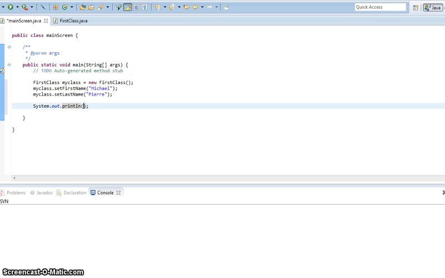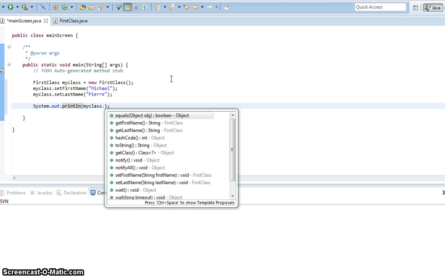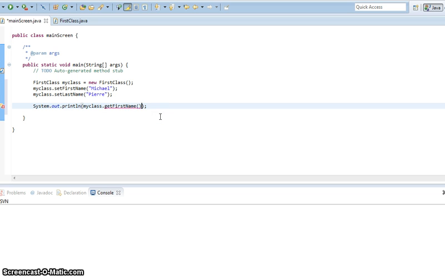So I'm gonna get this information. So what I'm gonna put is my class dot get first name, and I've been having problems with my computer all day and yesterday. I don't know why. And then we want to concatenate this,